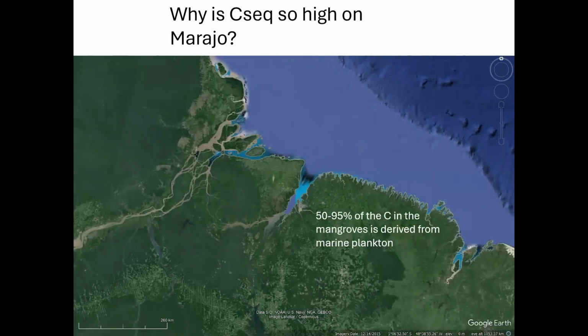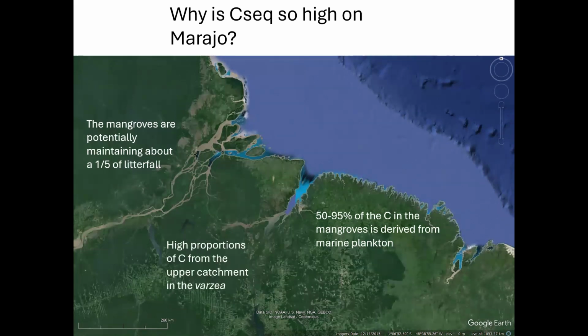Now, we've also looked, and about 50 to 95% of the carbon in the mangroves is derived from marine plankton. So I mentioned that in those sources. So some of it's due to productivity, some of it's due to productivity of adjacent mangrove ecosystems, but some of it is due to the rich productivity of the marine ecosystem that's adjacent. Okay, so a large proportion of that carbon actually comes from marine plankton. In addition to that, the mangroves are potentially maintaining about 1/5 of litterfall. So if we looked at litterfall production and calculated what the inputs of that would be, that's a potential other source of the carbon.